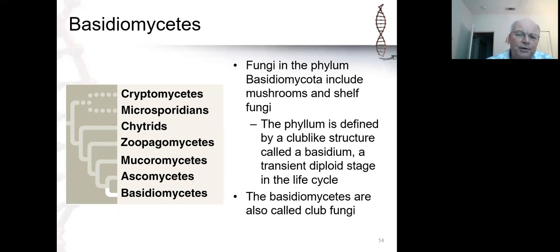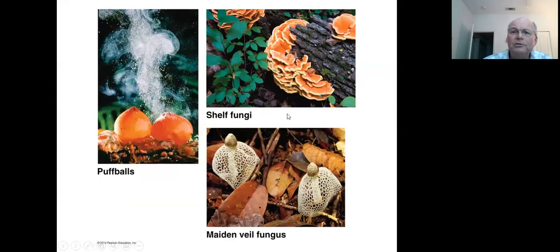So when you eat a mushroom, what you're actually eating is the fruiting body, the reproductive structure of a basidiomycete. The other type of fungi that traditionally are included amongst the basidiomycetes that you might be familiar with are the shelf fungi. So if you ever see something like this growing on the side of a tree, that tree is doomed,